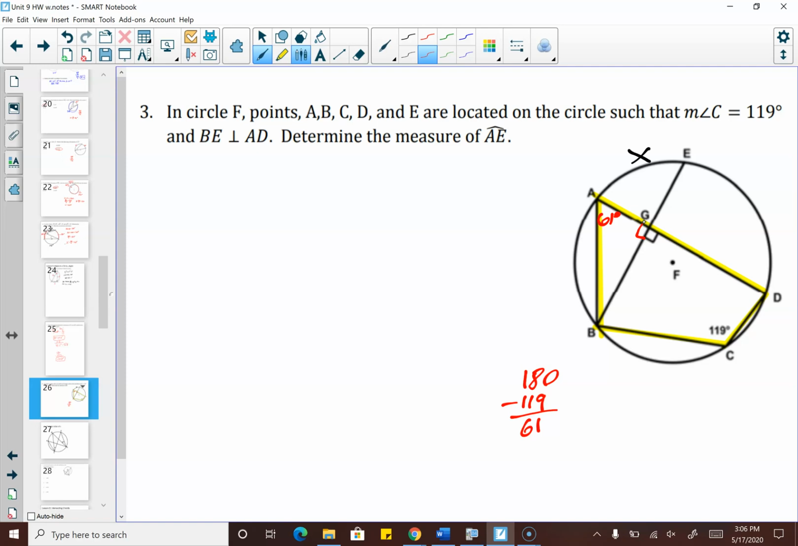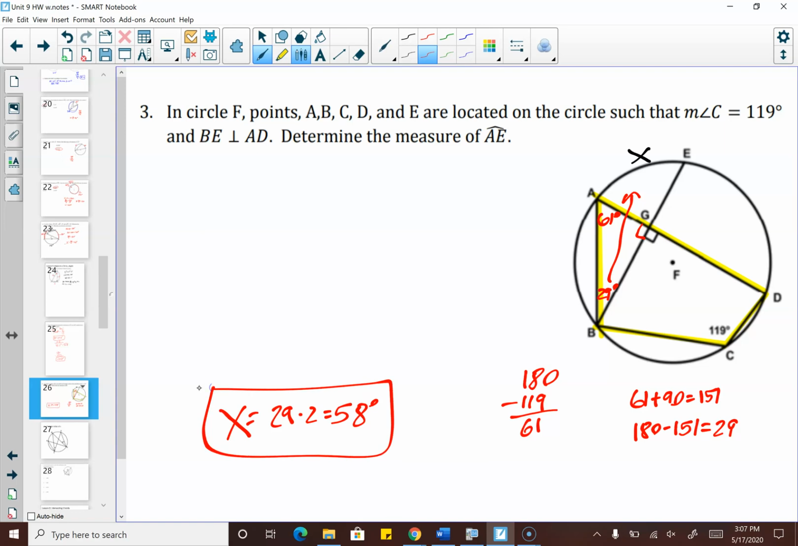Okay, supplements. So then that's going to allow me to add those two together. 61 plus 90 gives me 151. And 180 minus 151 gives me 29 degrees. So now what I've done is I've completed my triangle here, and that 29-degree angle is inscribed to the X. So X is 29 times 2, which is 58